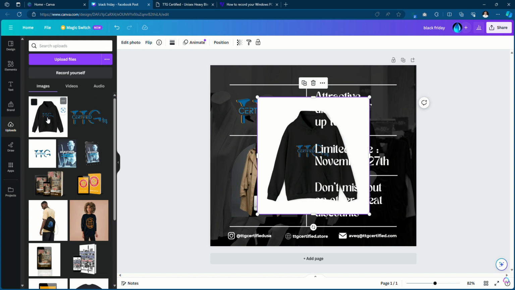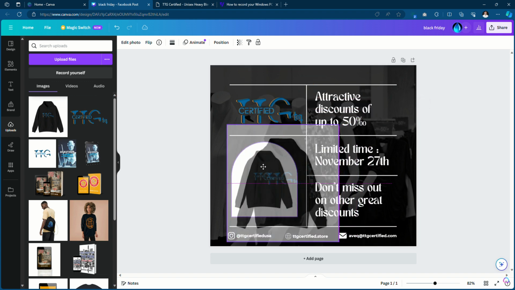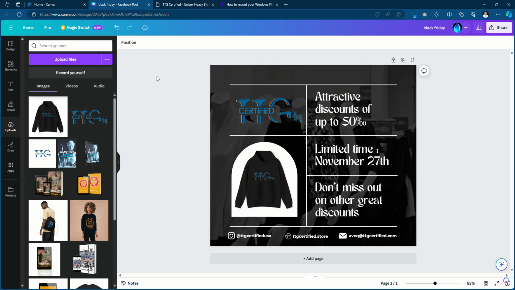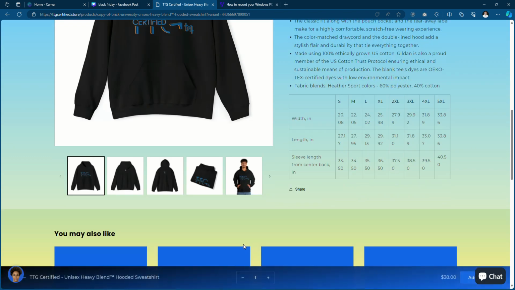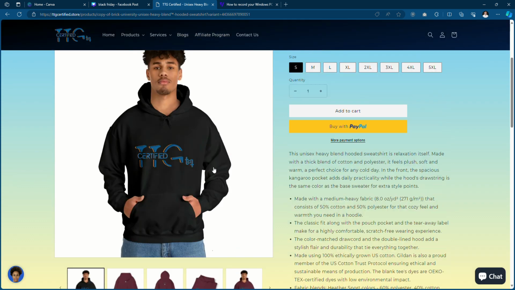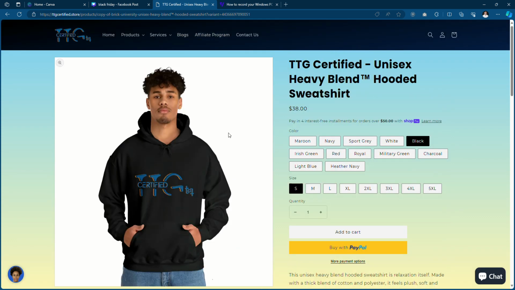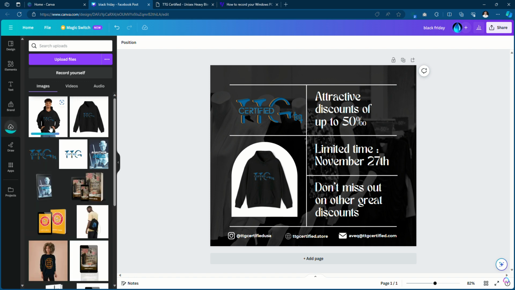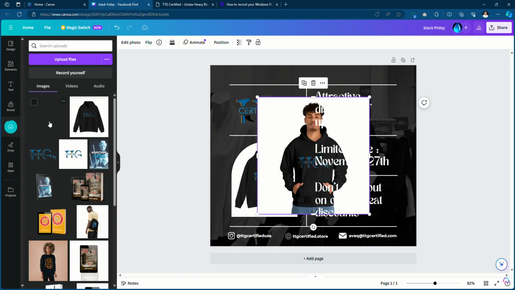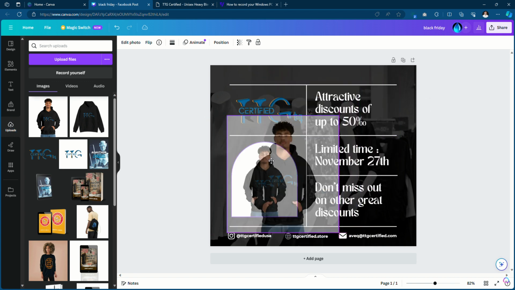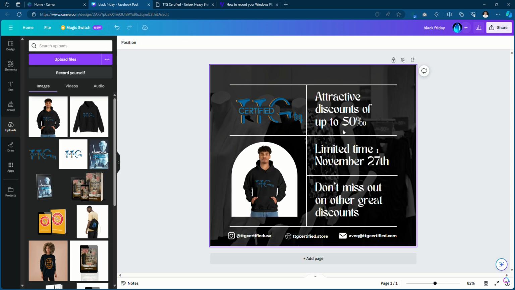Then click the image, then drag it here, or we can also just this, so there will be a model, and upload it again, then drag it to the frame like that.